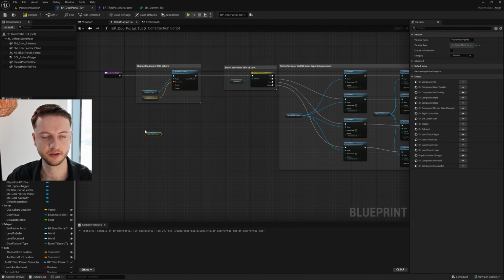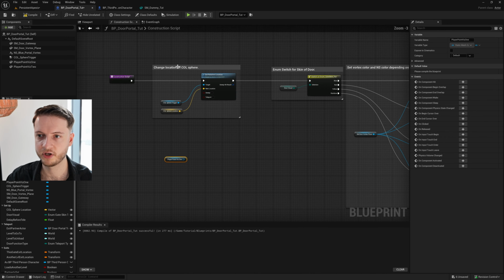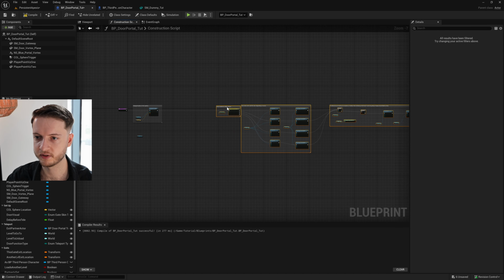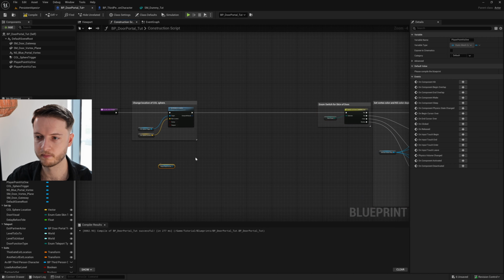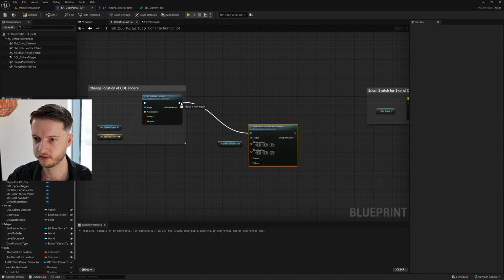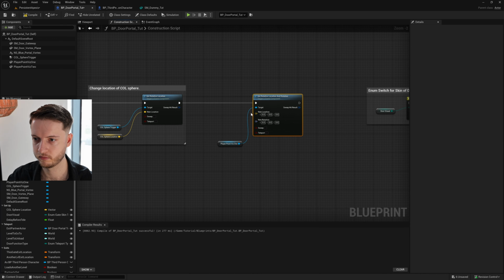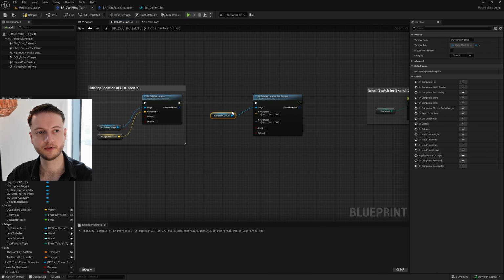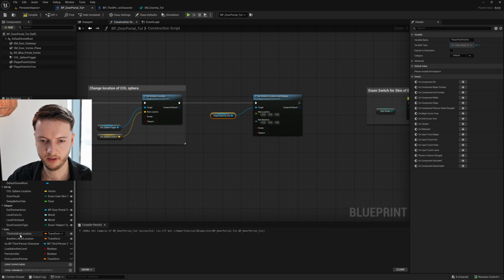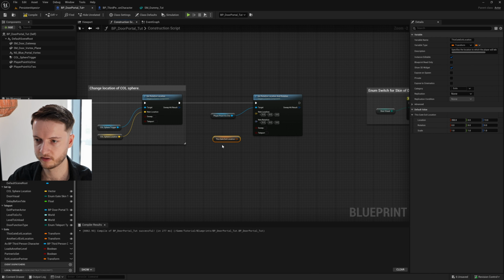And I'm going to drag it. And here, after the change location of collision sphere, I'm going to drag everything to make myself some space in this amazing construction script. And I'll drag vis1 and say set relative location and rotation. And I'll connect it to this. And I want this to be at this gate exit location. So let's find that. This gate exit location, there it is, get, right click, split, so and so,